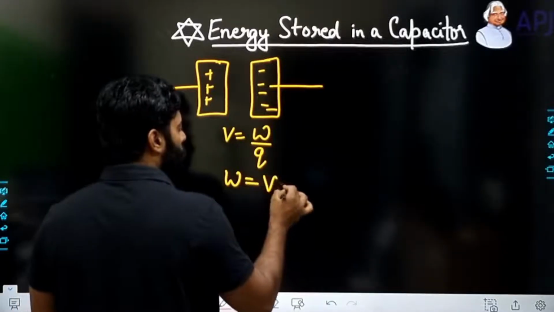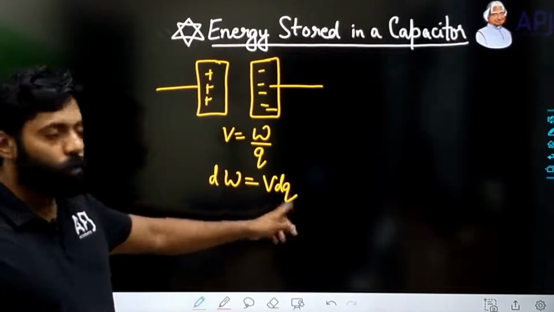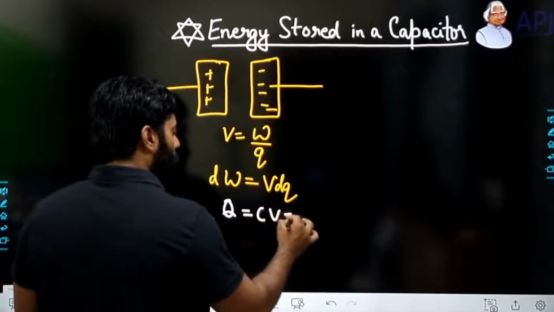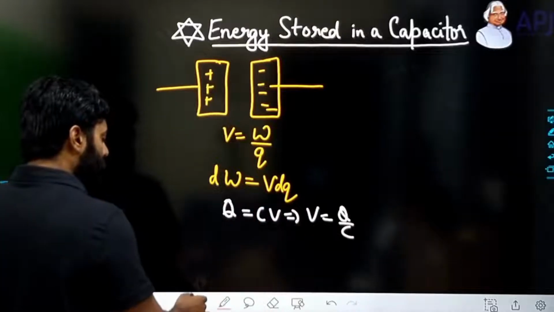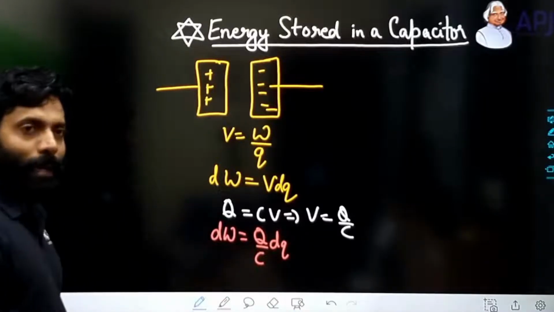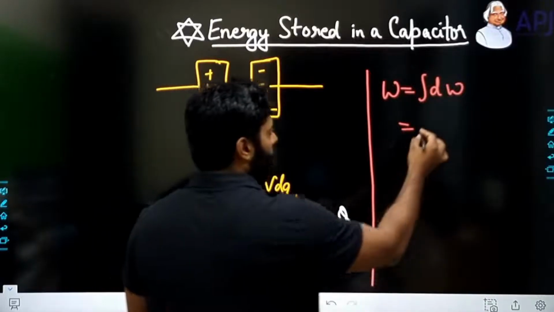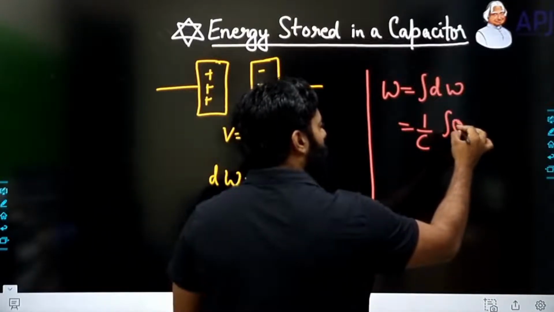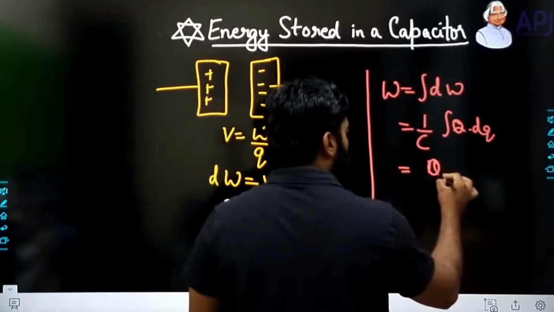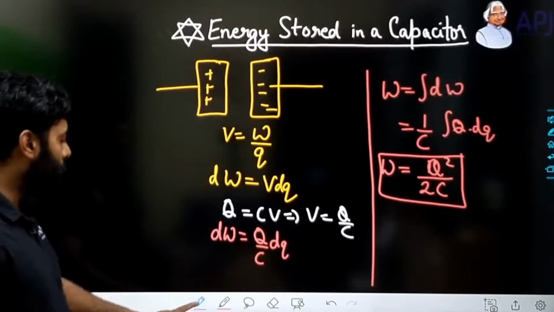right। Work done is equal to VQ, ये आपके पास है। अगर मैंने बोला छोटा सा काम आप कर रहे हैं तो आपके पास ये हो जाएगा dW is equal to V dQ, right, इतना सा काम करने के लिए। अब Q is equal to CV, और V आपके पास क्या होता है, Q by C। तो इसको आप अगर इधर रिप्लेस कर देंगे so you will get dW is equal to Q by C and dQ। तो अब आप इसको इंटीग्रेट करके जब वर्क डन निकालना चाहेंगे, 1/C को यहीं निकाल दो, ठीक है। और इसको इंटीग्रेट कर रहे हैं तो आपके पास आएगा Q dQ, और आपके पास आ जाएगा Q square by 2। तो वर्क डन ये आपके पास आ गया Q square by 2C, और यही हमारे पास एनर्जी है,